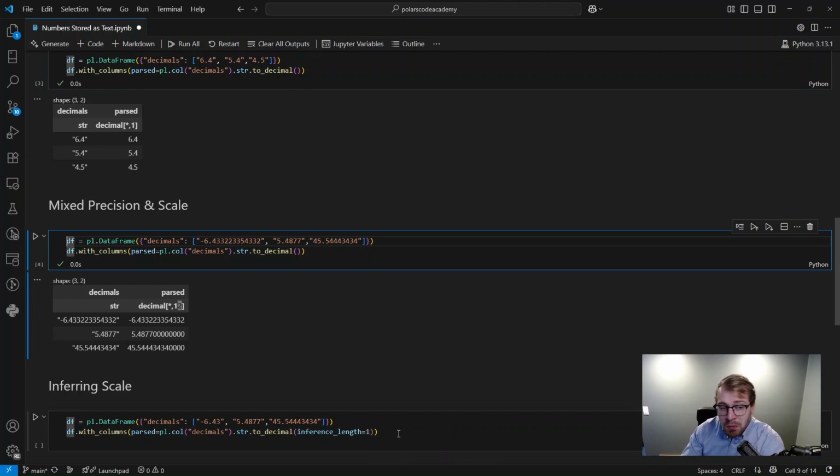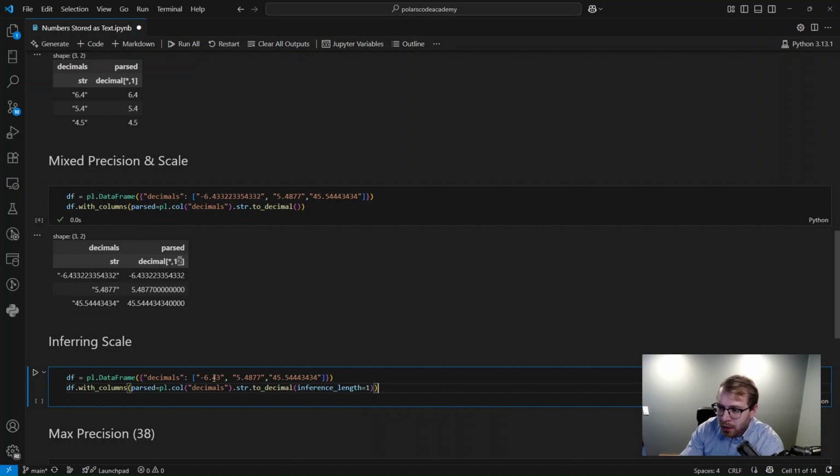Now, unless you set the inference correctly. So that is to say that, again, the default is 100, but you can adjust this to be whatever you want. So in our case here, we've got some more numbers that are obviously decimal numbers with differing scales, right? You'll notice that we placed the scale here at the front, the lowest scale, and then we're going to actually test out and show you that if we just set this to 1, it's basically going to only evaluate that